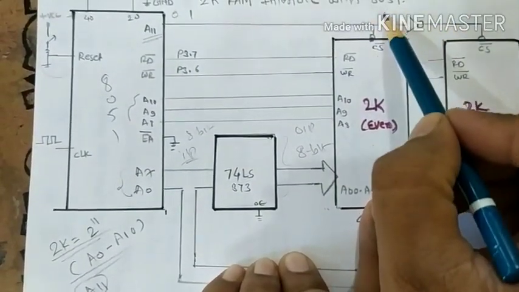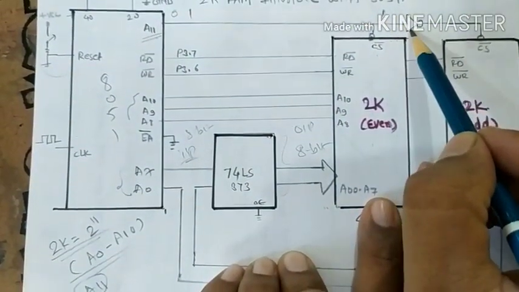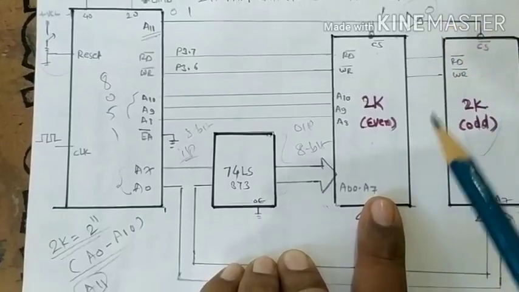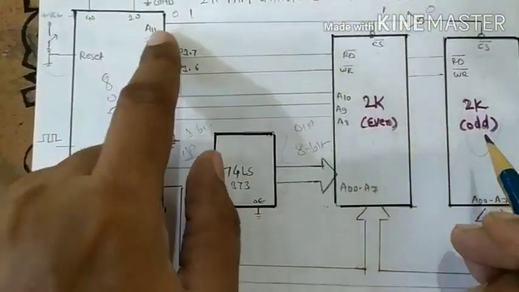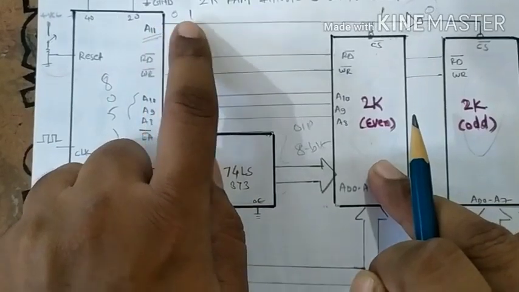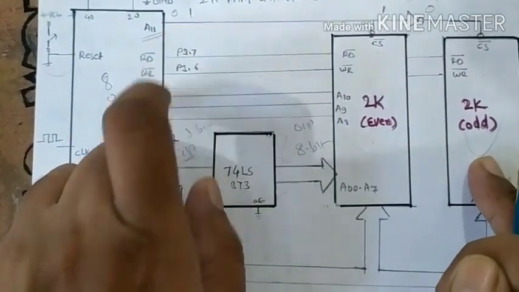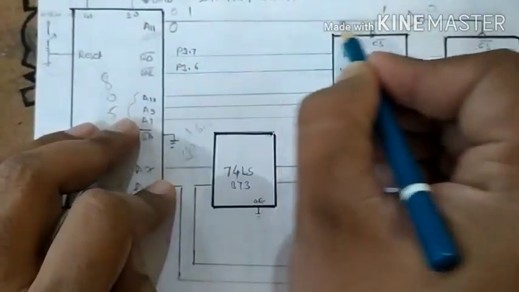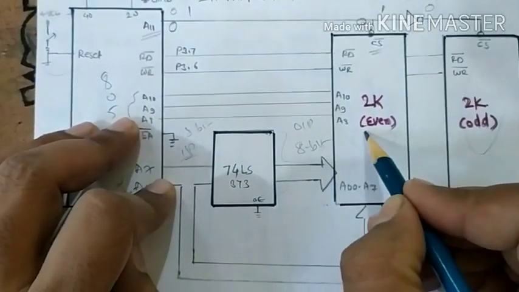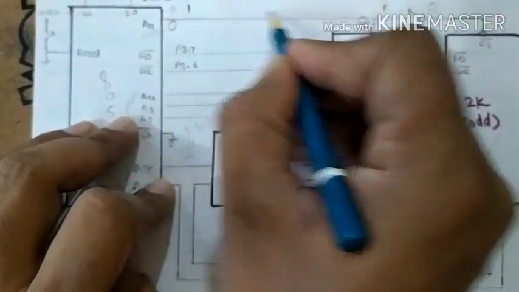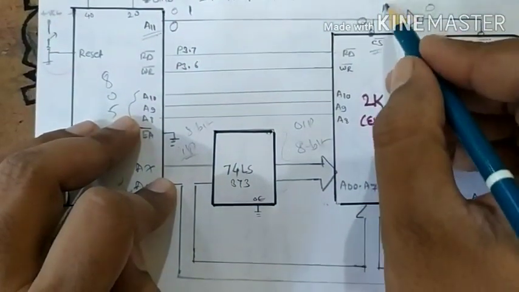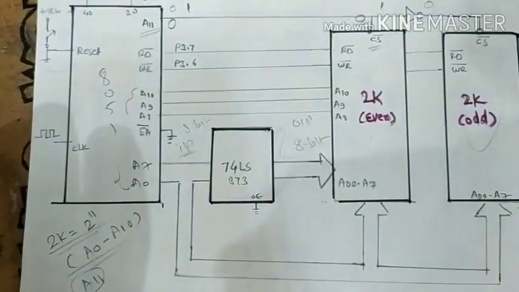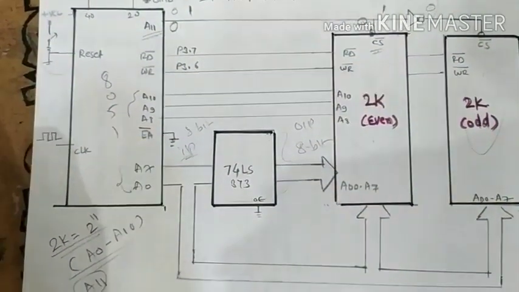So see the next, if we put 1, then after this NOT gate it becomes 0, so it selects 2K. So simply, we connect one NOT gate here. Due to this NOT gate, if we put 0, it selects even memory bank. If we put 1, it selects odd memory bank. Try to remember, try to understand. I again say that if we give 0, this 0 comes here, so it selects even memory bank. If we give 1, it does not select this 2K even bank, but this 1 is converted into 0, and then this selects 2K odd memory bank. It is a very simple diagram for interfacing purposes.